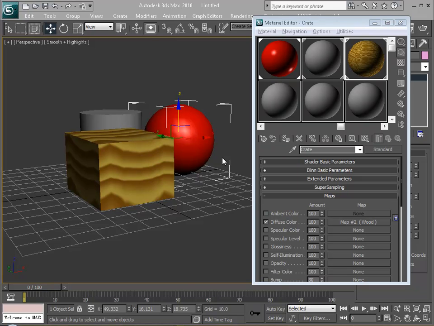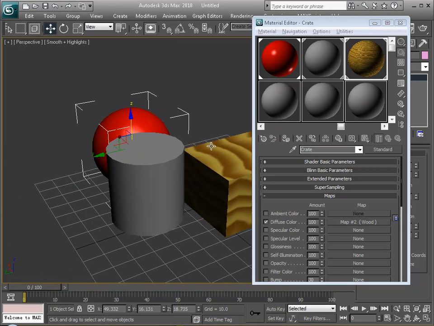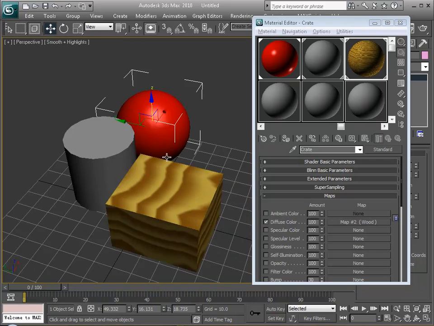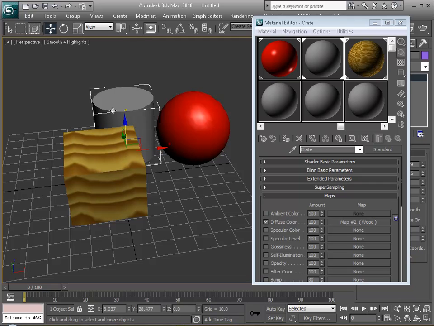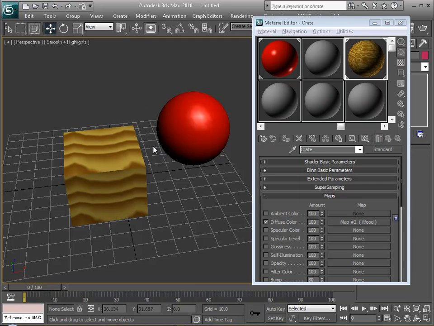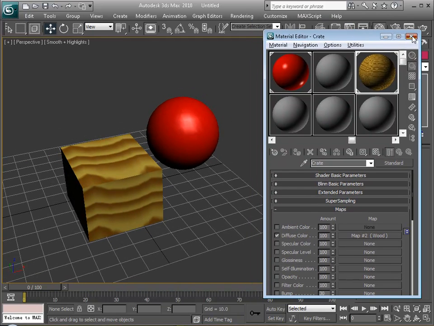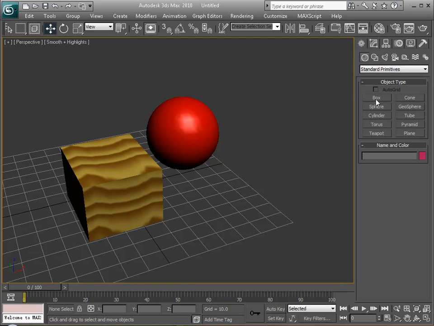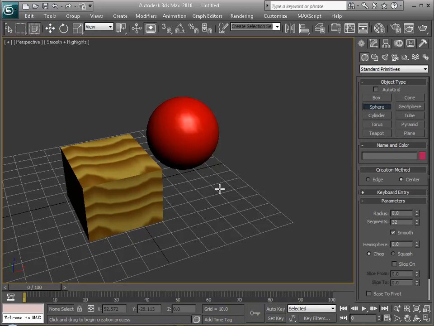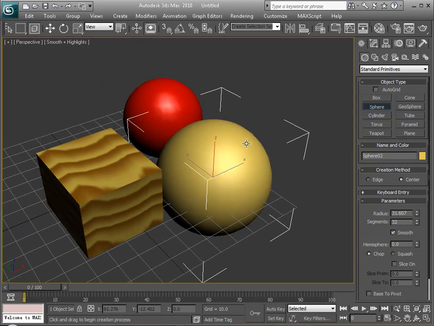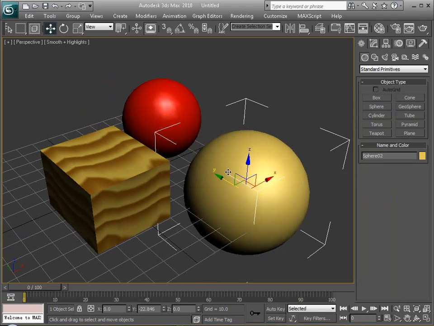Now for texturing the Coke can, that will be a little bit more advanced, so we'll cover that in the next practical. But for now, I'm going to delve more into other types of maps. For example, if I close this for the time being, I choose another sphere. In some real life examples, when you have a shiny object,